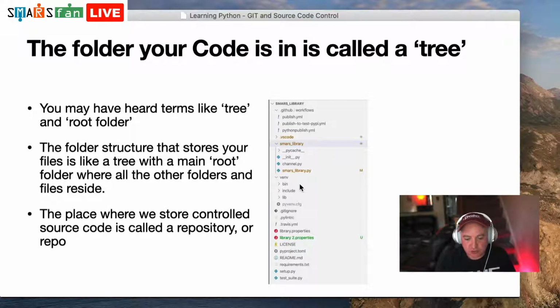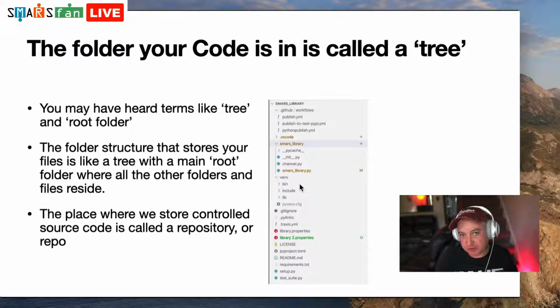That whole structure is called the tree. And you might have heard terms like root folder when you're talking about your hard drive directory. So the root and tree and branches, these are all kind of terms that we'll be using to do source code. So the folder structure that stores your files in the tree is the main root, and the folders that